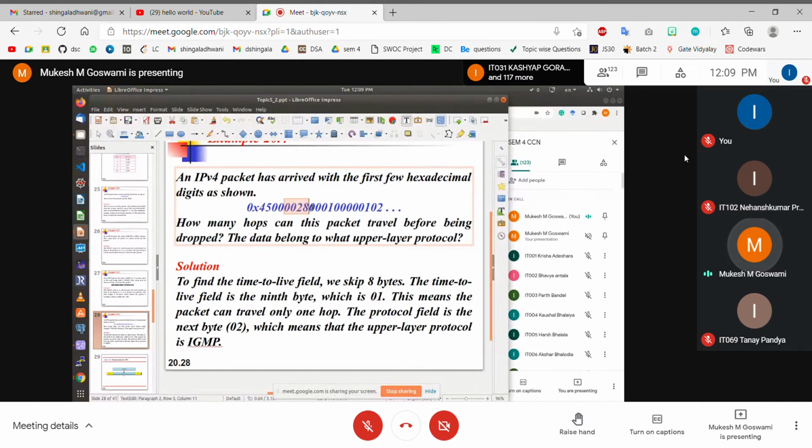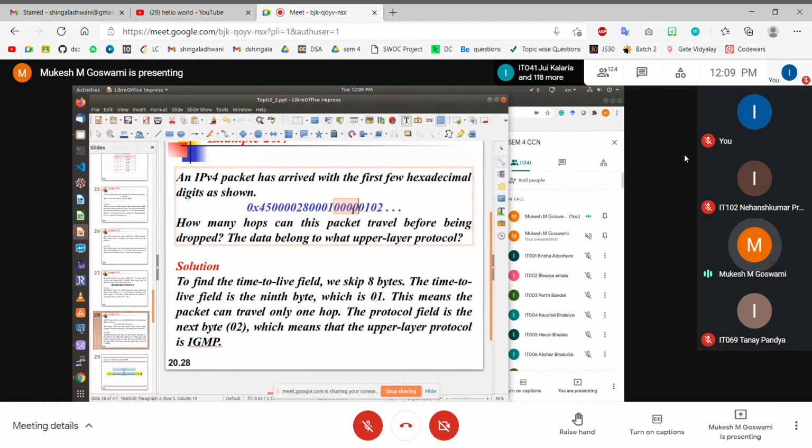Now the next 16 bits are the identification field. So 0, 0, 0 and 1. This is the identification field, which indicates that this is packet number 1. And then the next bits are the fragment offset. So the fragment offset is 0, 0. So this is the first fragment of the current packet. It may also be the case that the packet is not fragmented at all, so it is therefore considered the first fragment itself.